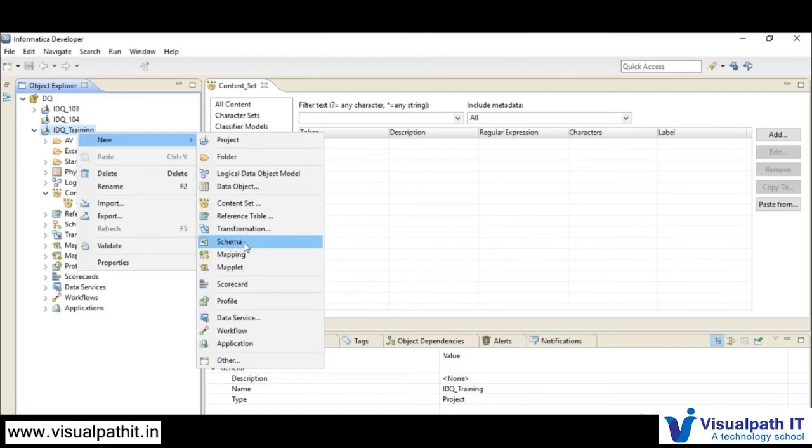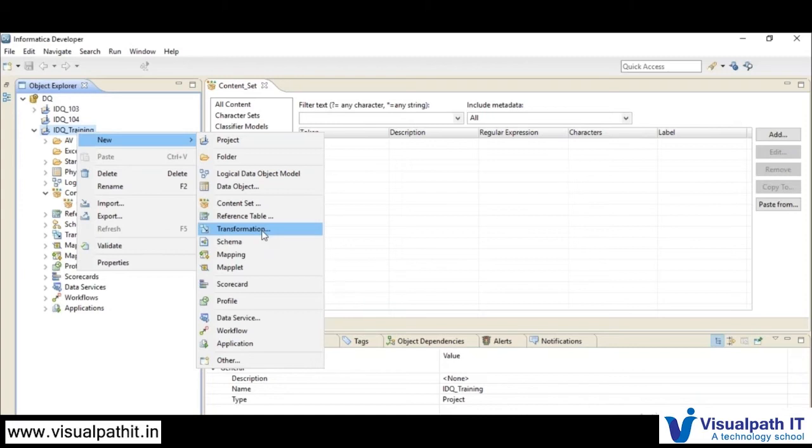And here, a schema. This schema will be a dependent object for your data processor. Here we will be creating a transformation. Under the transformation, there is another transformation available that we call the data processor.